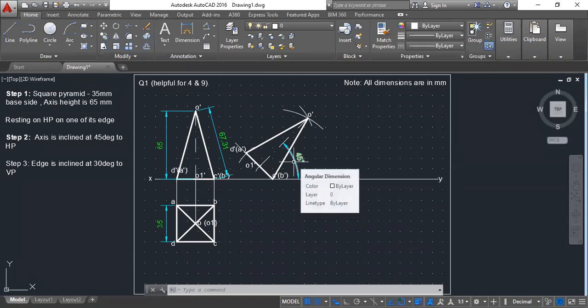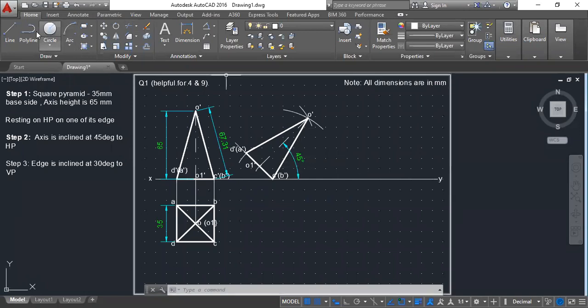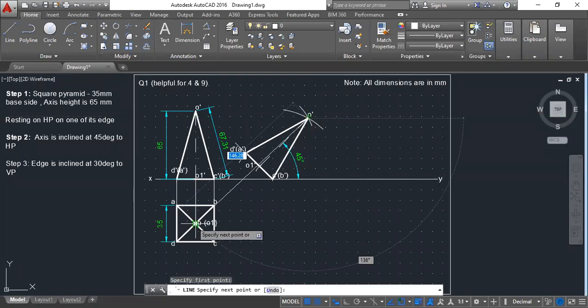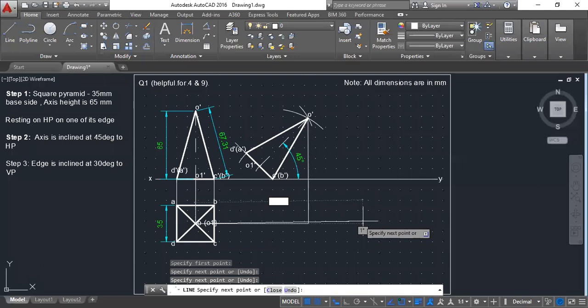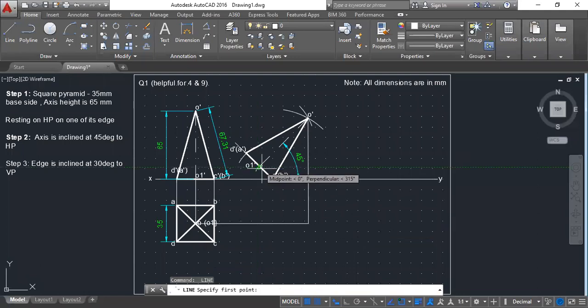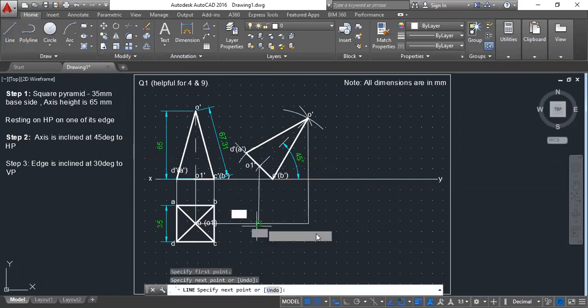So this is just half of step 2. Now how to continue with that? From O prime, draw a line till it meets O. That will be your new O. Then from O1, you will get till O1.